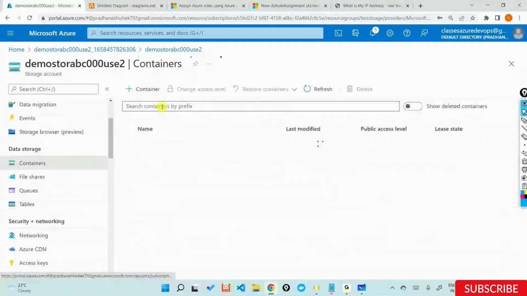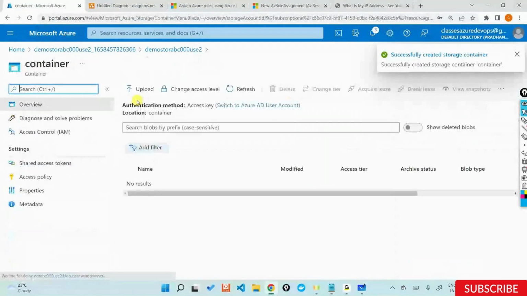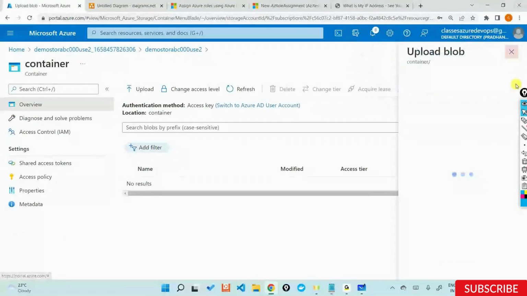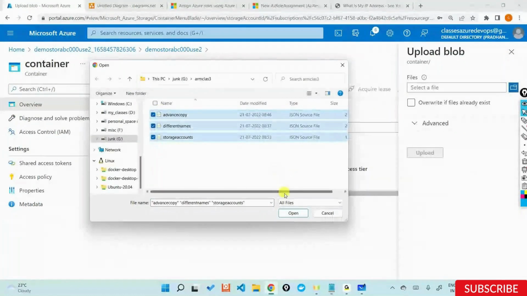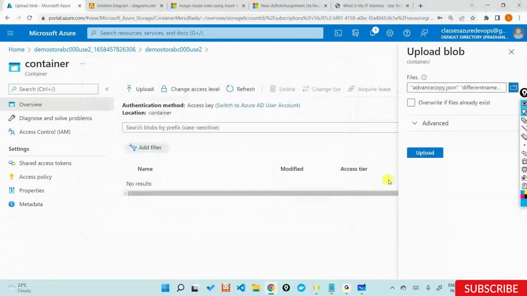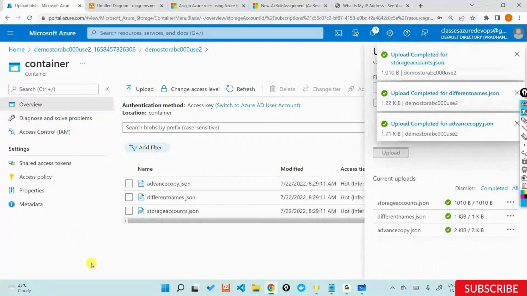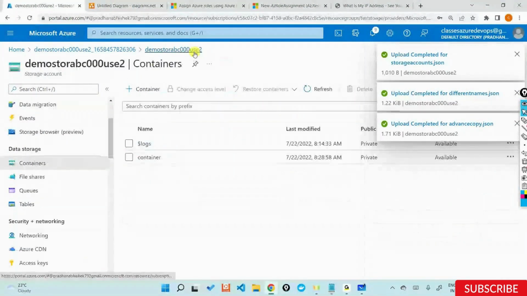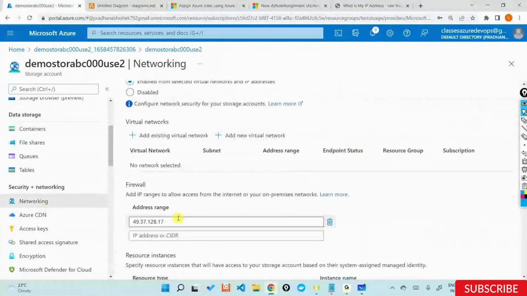So let me do that. Let me create a container. I'll say this is a container, and I'll go ahead and upload all the data inside the container. Some random data, I'll go ahead and upload it. So I have all the JSON files, right? Even unstructured data, I'll upload into the container and store it there. I am able to do this because